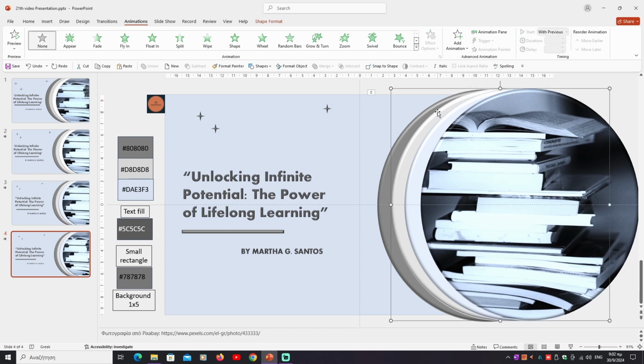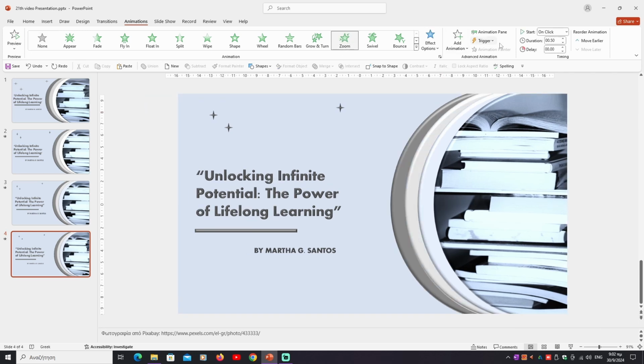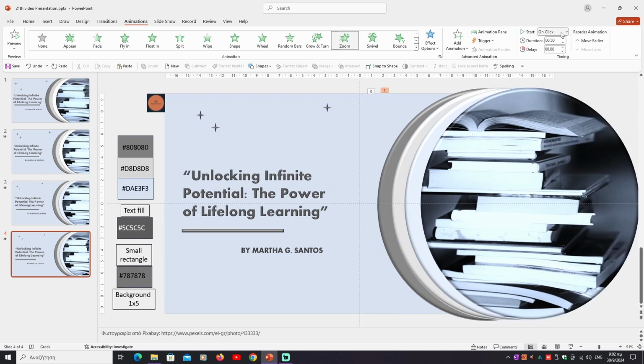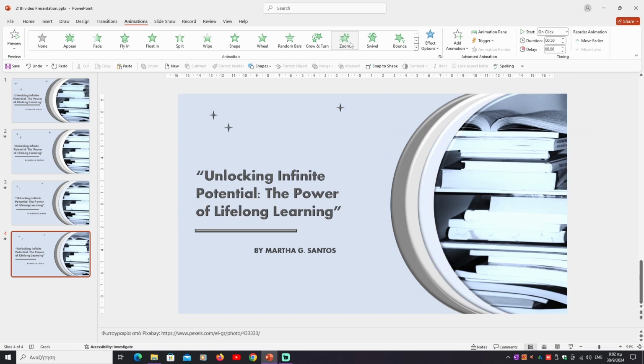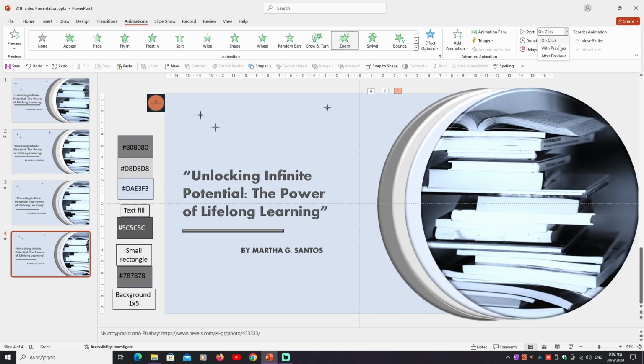We go to the second circle, entrance, zoom, start with previous, duration 1, delay 0.50. We go to the third circle, entrance, zoom, start with previous,